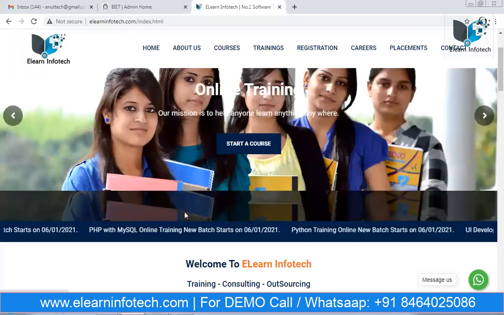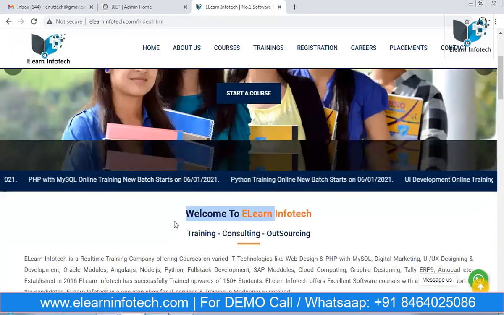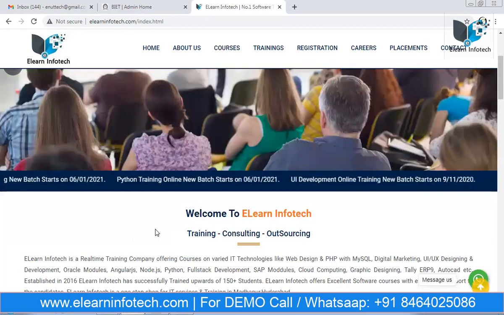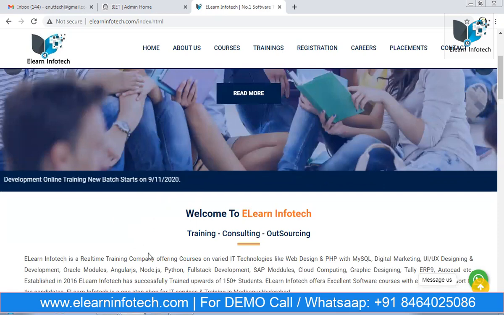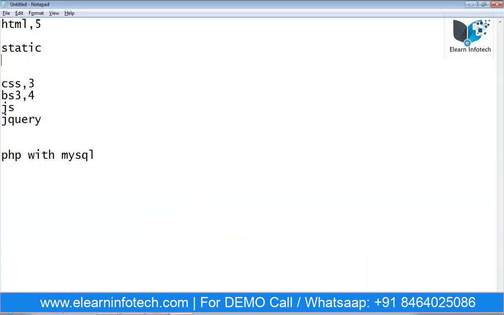Here you can observe we have some heading. Through HTML only we can display this type of heading. In case you want to display anything in the layout, layout in the sense of the browser screen, by using HTML only we can display it. By using HTML we can design static web pages, not dynamic websites. It is completely static, just look and feel.